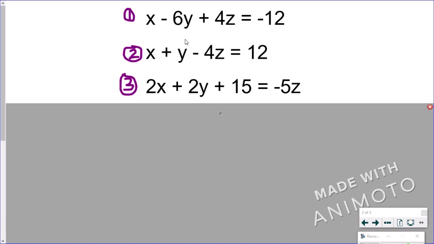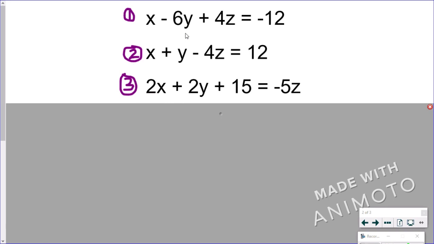Is it my x's, my y's, or my z's? Looking at my z's, I might say it might be z's. But then, because I compare those two together, I'm going to have to multiply both equations by something in order to eliminate z's in the other two equations. So then it might be y's, right? Well, the only thing with that is